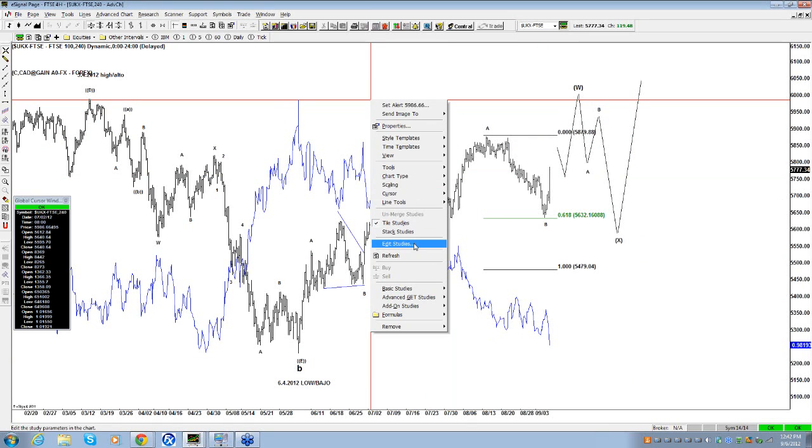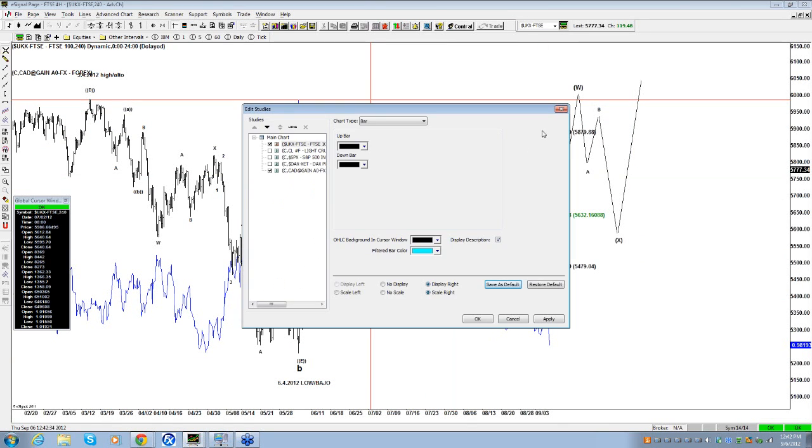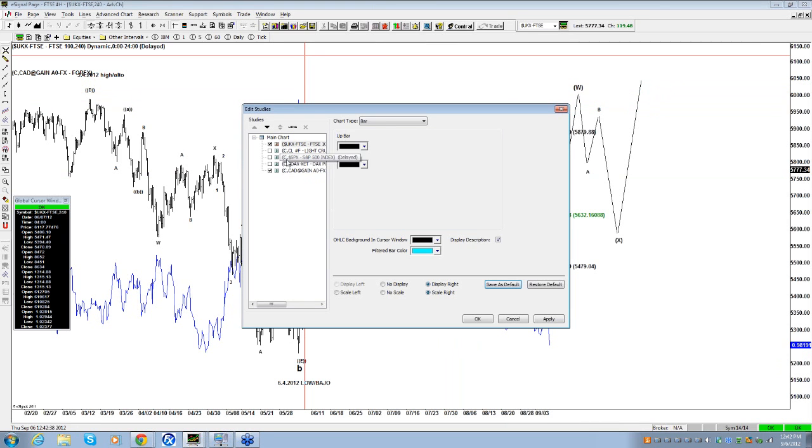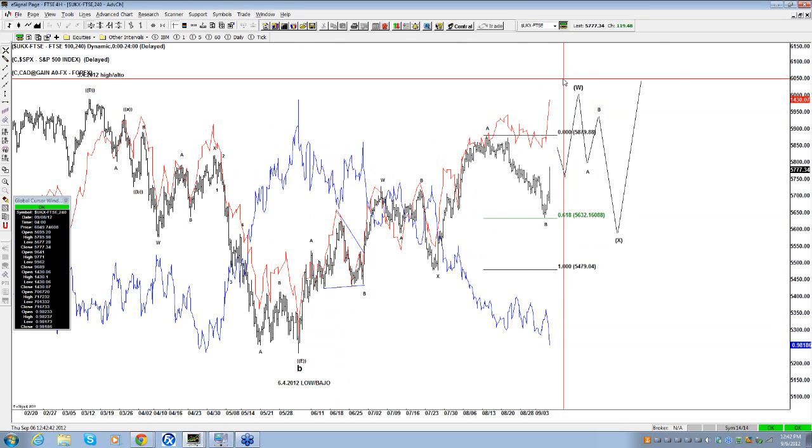Then if you add to the CAD, let me put it here, the S&P 500, what does it look like? It's bullish, very bullish. So technically, with that in mind,